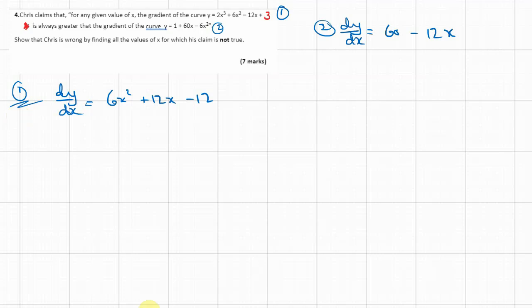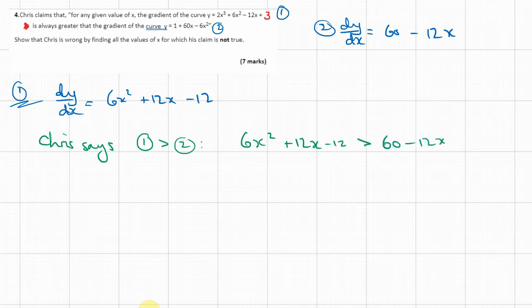Chris's statement, so what Chris is saying, he says that this number 1 is always greater than number 2. So in terms of what we've just found, he's saying this. But we're trying to prove that he's wrong. So the opposite of his statement. Show that Chris is wrong by finding all the values of x. His claim's not true, so